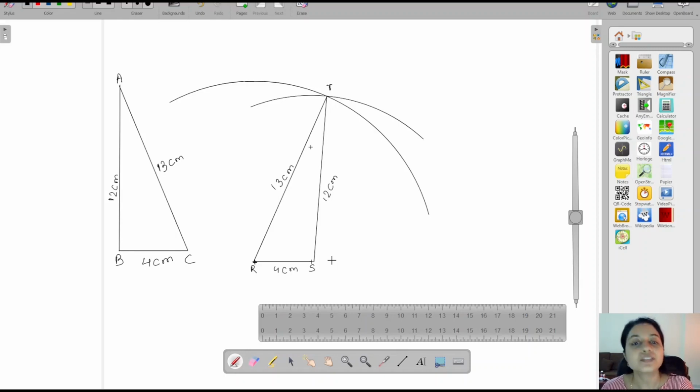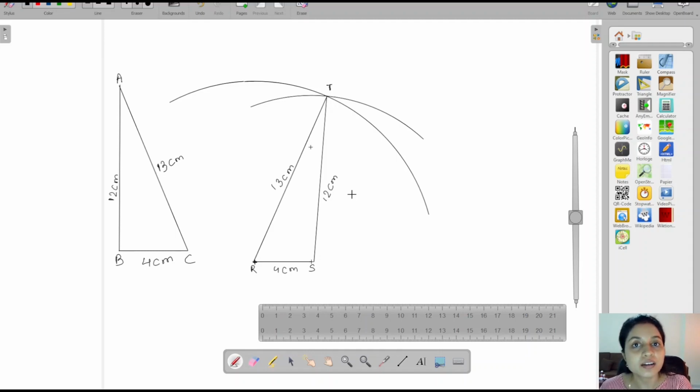We will find that triangle RST will cover triangle ABC completely. Hence, these two triangles are congruent with each other. Please note, congruency means exactly the same. Here we are allowed to rotate the shape while doing the comparison. Here side AB is congruent to side ST, side BC is congruent to side RS, and side AC is congruent